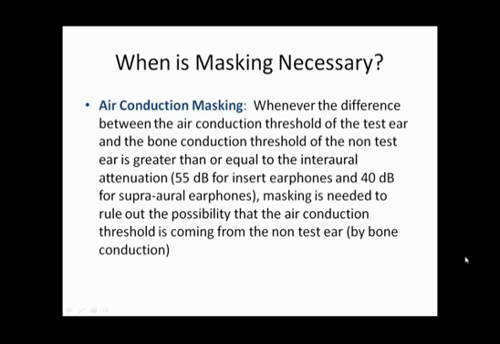And for air conduction masking, whenever the difference between the air conduction threshold of the test ear and the bone conduction threshold of the non-test ear is greater than or equal to the interaural attenuation, which is 55 dB for insert phones and 40 dB for supraaural earphones. Masking is needed to rule out the possibility that the air conduction threshold is actually coming from the non-test ear